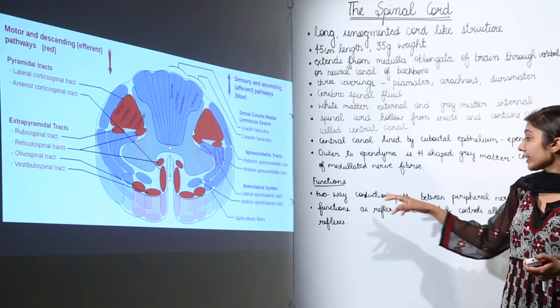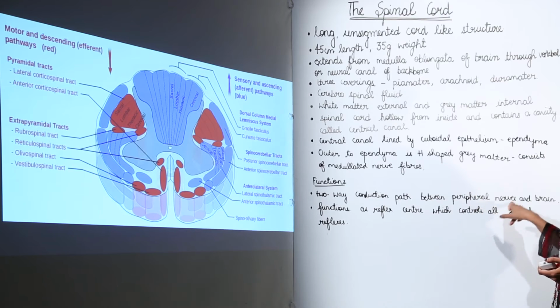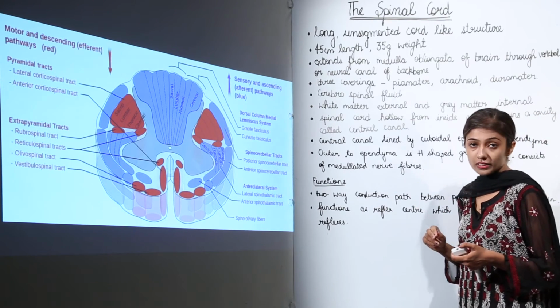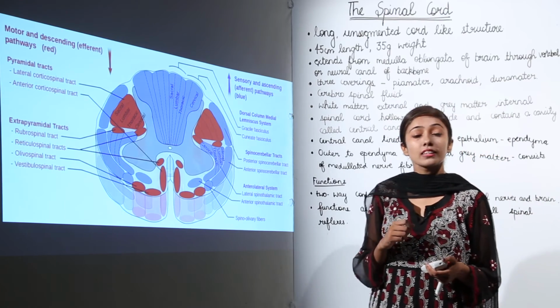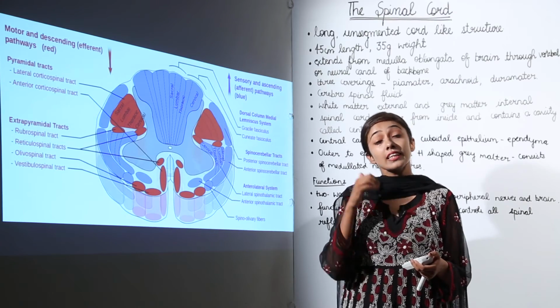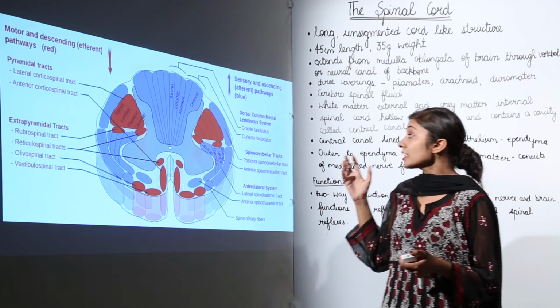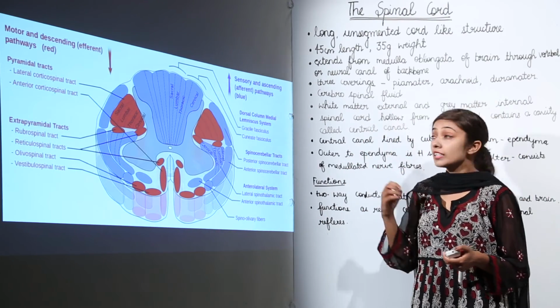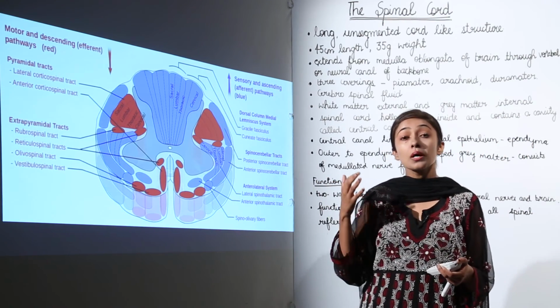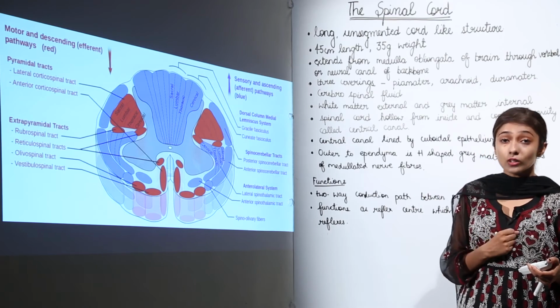There is two-way conduction path between peripheral nerves and brain because of the spinal cord. Now, what is this two-way conduction path? Two-way conduction path consists of the ascending path and the descending path. In the ascending path, what does spinal cord do? Spinal cord takes the impulses up to the brain. It takes the impulses up to the brain through the sensory nerves,